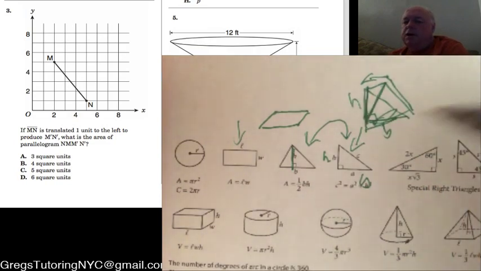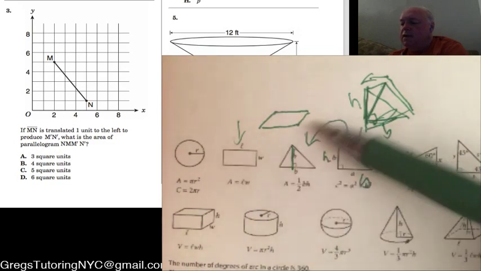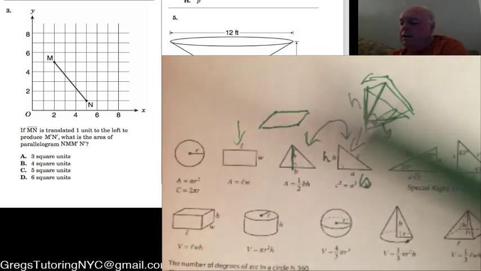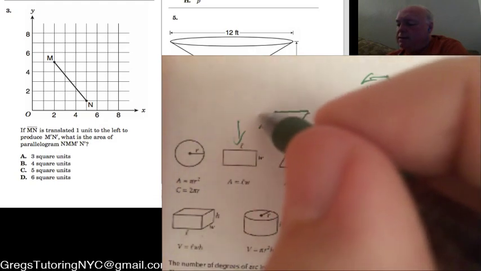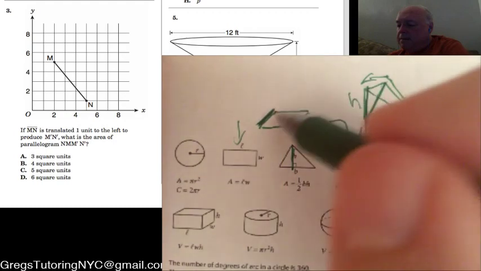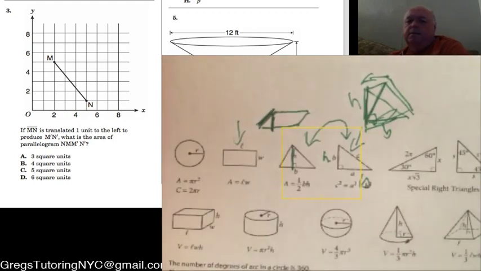So why am I talking about this? Because this is the same problem. And it turns out the height of this parallelogram is not right here. The height of this parallelogram is this right there. All right? So that's significant and important. Okay, so if we bring the original problem back,